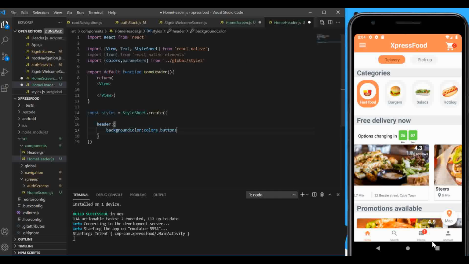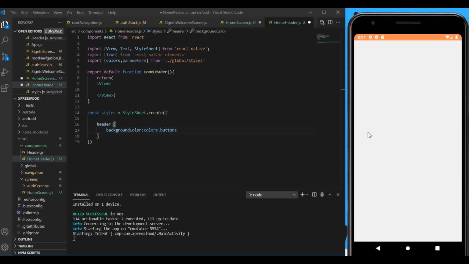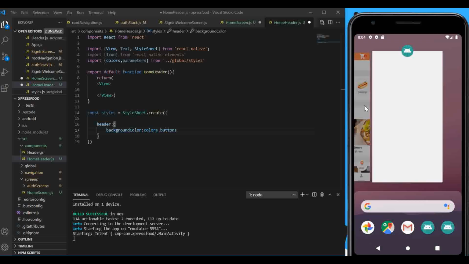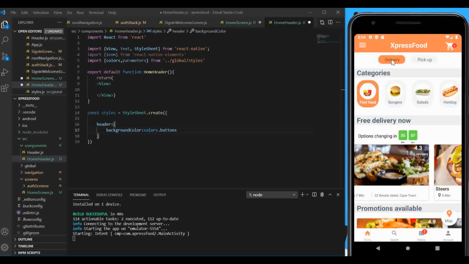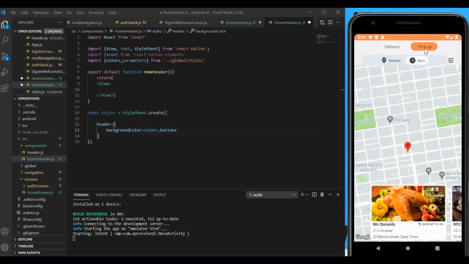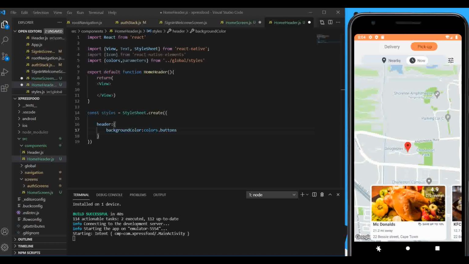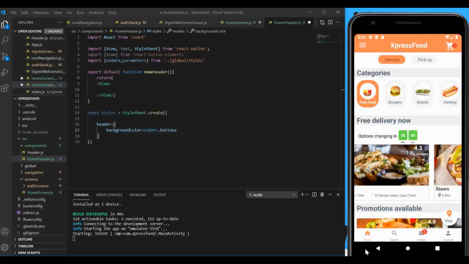As you can see, all the buttons have got the same color as the header. So if I also click there, you will see that the button's color is the same as the header. But for now we will keep it like this,